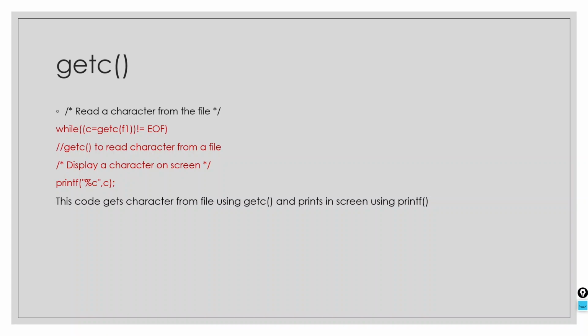In the last case, from the console or the keyboard, what is entered by the user is being written to the file. Here getC is used to get a character from the file and then that is printed to the screen, so getC and after that printf. In most of the file handling functions, we use a pointer for the particular file and that will be given as an argument. So getC(F1) means a character has to be fetched from the file that is pointed by this pointer. And EOF stands for end of file.